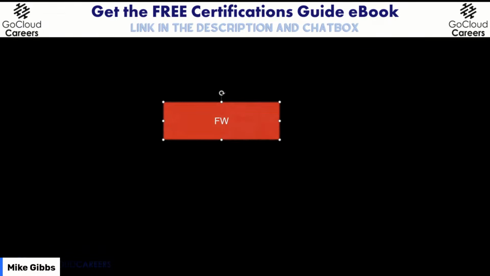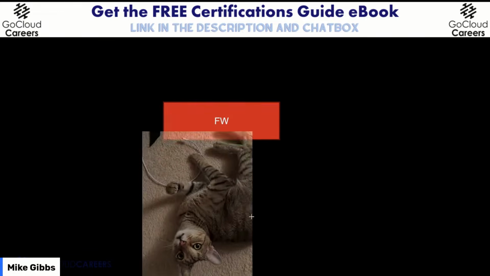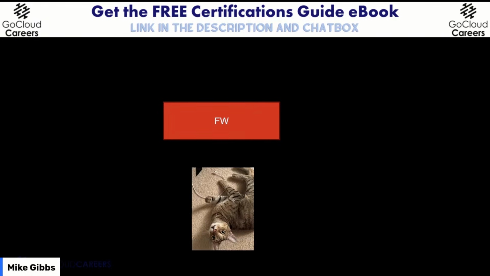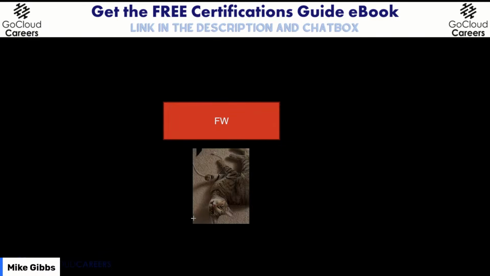So in this particular environment, what you have is a firewall. Now, what we're going to do here is walk through an example of what this could look like. So let's say we've got a user sitting behind the firewall. I'll make the user very small. This is the troubleshooting coach at Go Cloud Careers. She likes to unplug cables, power off our OpenStack servers with her paws, but she also likes to use the internet. So let's see if I can flip this around.